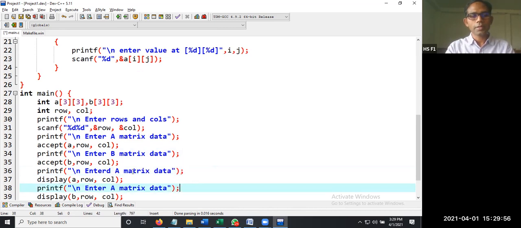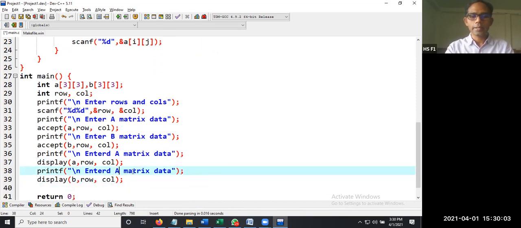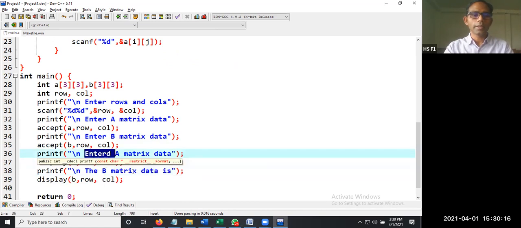Then in the next line you can write entered B matrix data. Or you can write the B matrix data is. You can write here the A matrix data is.